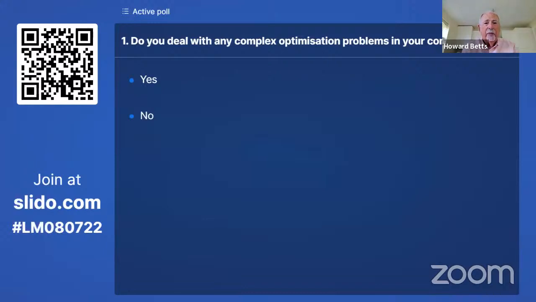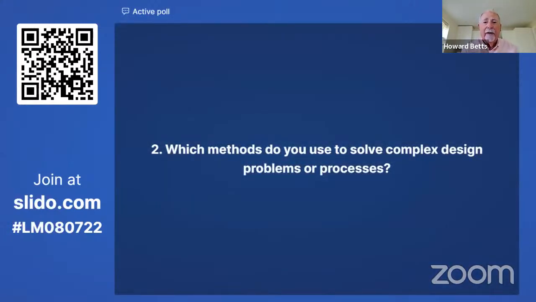So we'll start going through the poll. The first question: do you deal with any complex optimization problems in your company? A simple yes or no answer. Two people have already completed the whole poll. So if you'd like to sign in to the poll and start answering, that's fine. Don't feel you have to answer it now if you don't want. We're going to run through the poll after Benazir's talk, so please do not rush if you don't want to. I'm sure Benazir will be quite happy to get your feedback then.